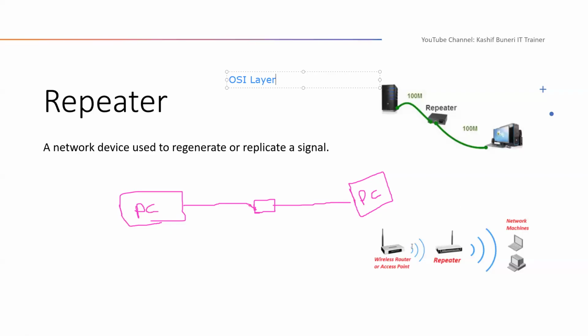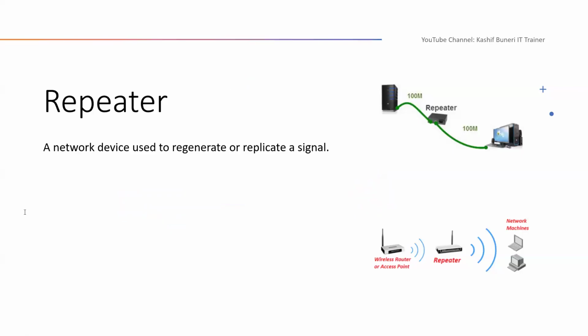So what they can do, they can install a repeater on one of the locations, and the repeater will extend the wireless signals for them. So let's say you are in the house and there is a Wi-Fi router, but in some area the Wi-Fi signals are very weak, so you can install a repeater and extend your wireless